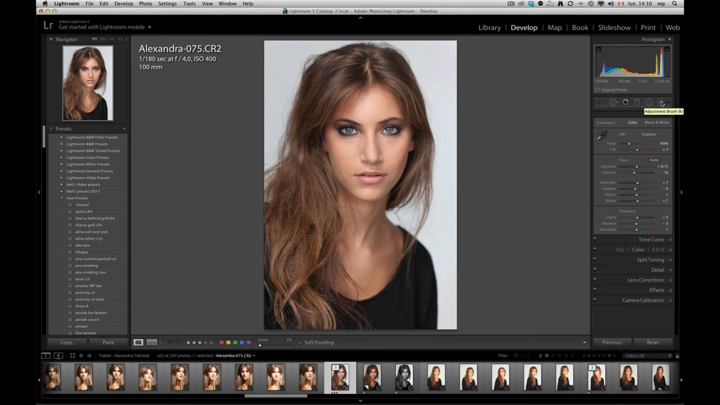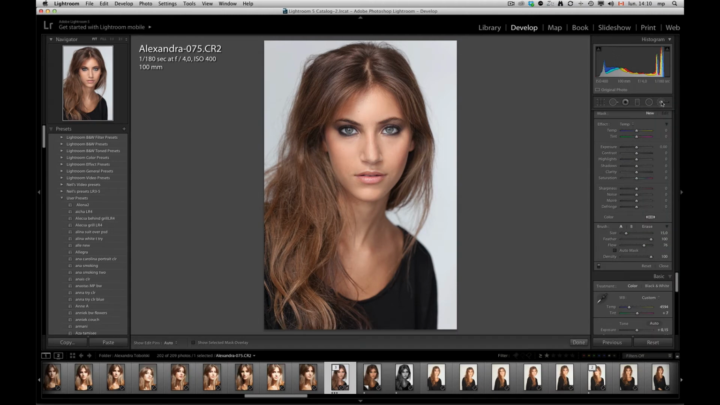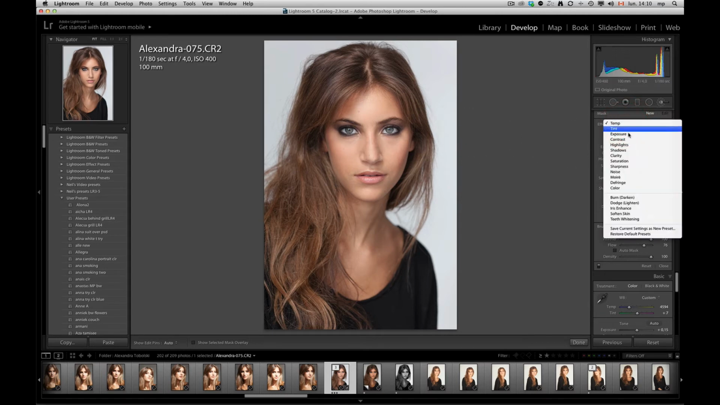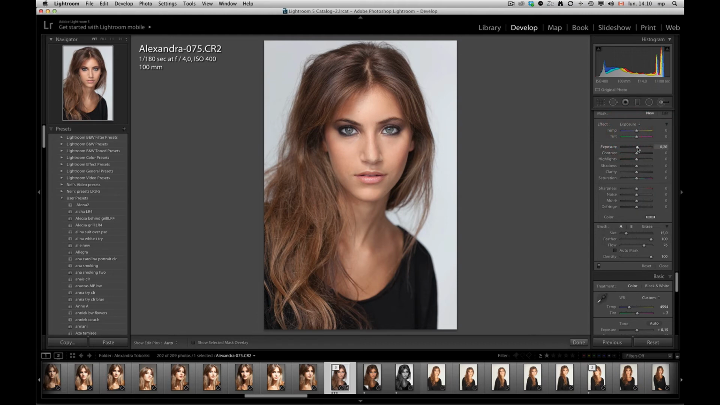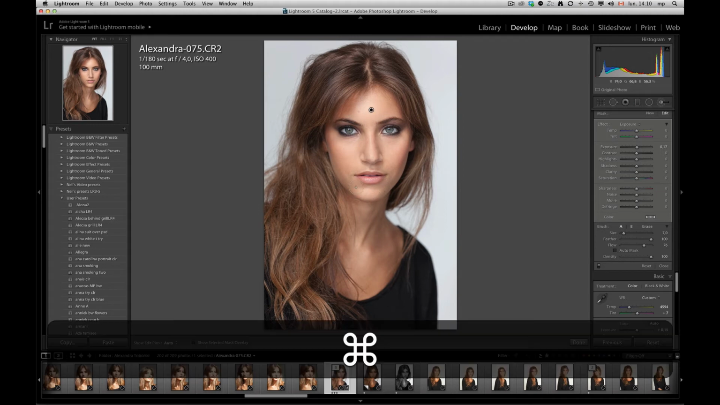The first thing I'm going to do is change it to exposure, and I'm going to add the slightest bit of exposure here, and I followed the light where it naturally occurred in the image. I will get a little bit bigger. I might add a new one,